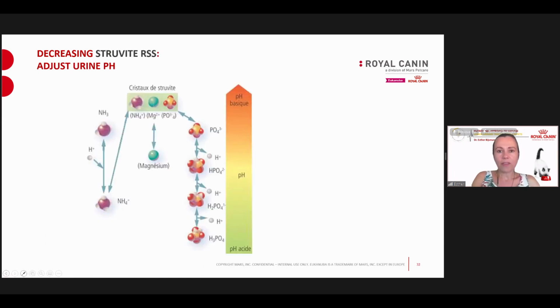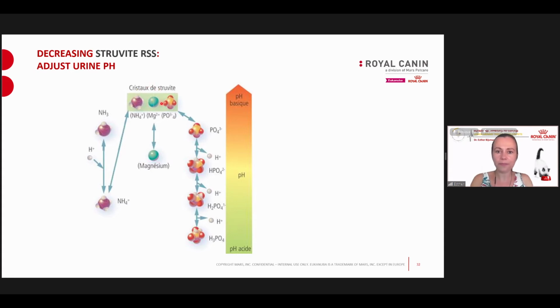And the last one I wanted to touch on is urinary pH. What urinary pH does specifically is have most effects on struvite RSS. So the lower the urinary pH, presented over here at the bottom, the less phosphate is free to bind magnesium and ammonium to make struvite, and vice versa. So you can see that at a low urinary pH, the phosphate is bound to the hydrogen ions, and at a high urinary pH, those hydrogen ions are not present, the phosphate is freely available to start binding up with magnesium